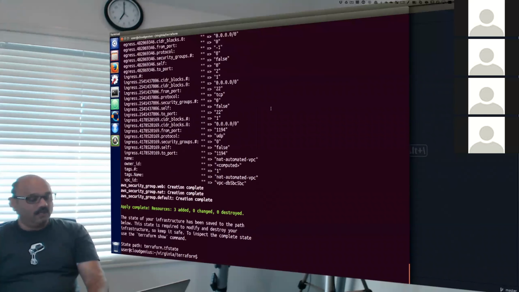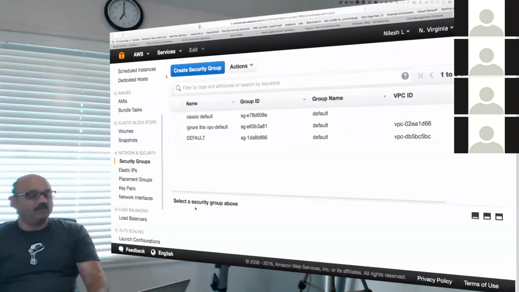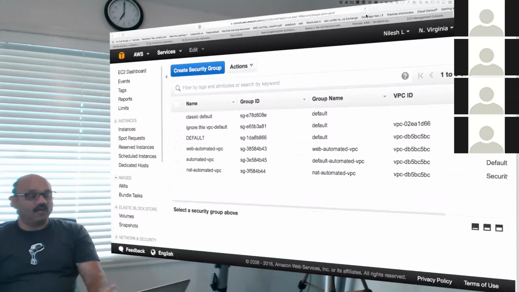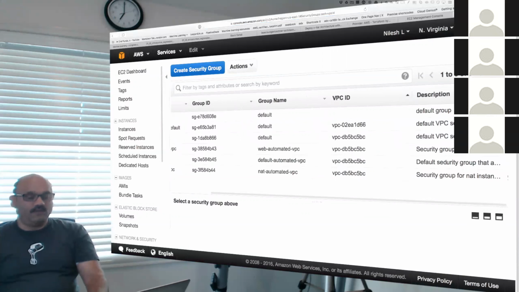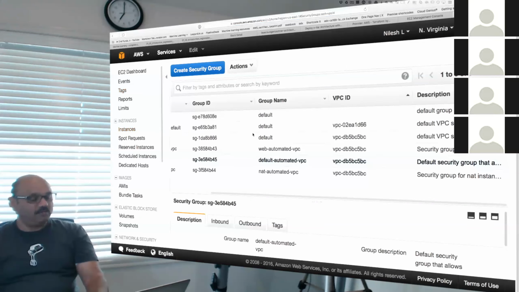And it completed creating those 3. So we should go back here and refresh. We should see 3 new, or at least 2 new security groups. It actually shows us 3. So let me read what's going on here.